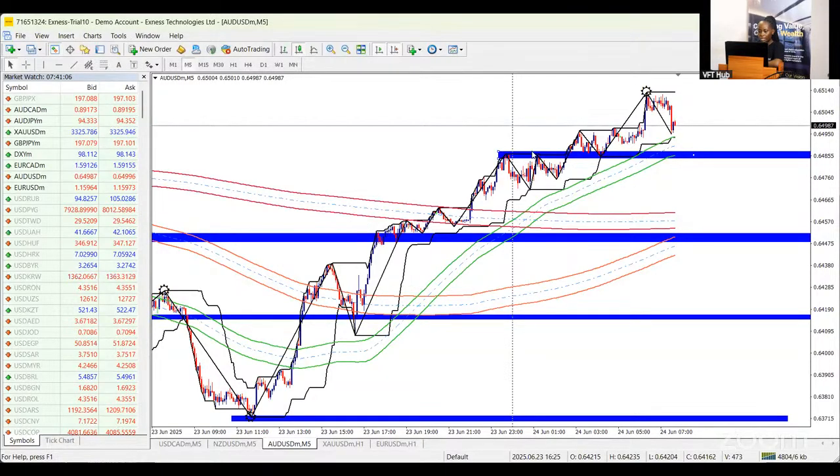And if not, it breaks below and keeps tanking, then we know that we're having a continuation of AUD/USD sell. However, I am more on the bullish side than the bearish, but we're going to see. Remember, the market is reactive, so it is so important to pay attention to fundamentals.